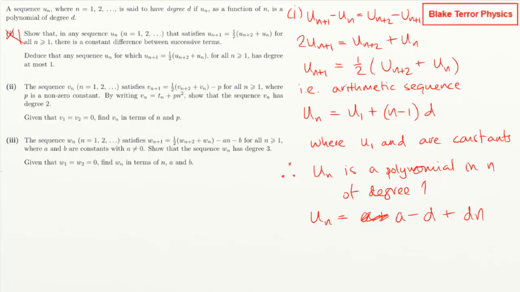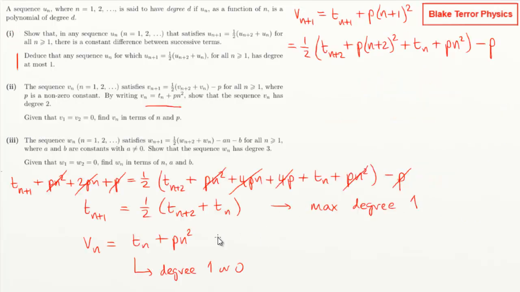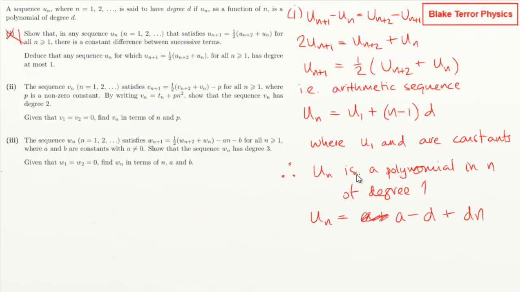Let's go back, look at the previous bit. Oh, if d is 0, as in we're just getting the same number every time, then we get degree 0. Yeah, okay, right, so that's fine. So it does have degree 1 or 0. It's just that at most 1 there. So maybe I should have gone back and put that in here. Polynomial in n of degree 1,